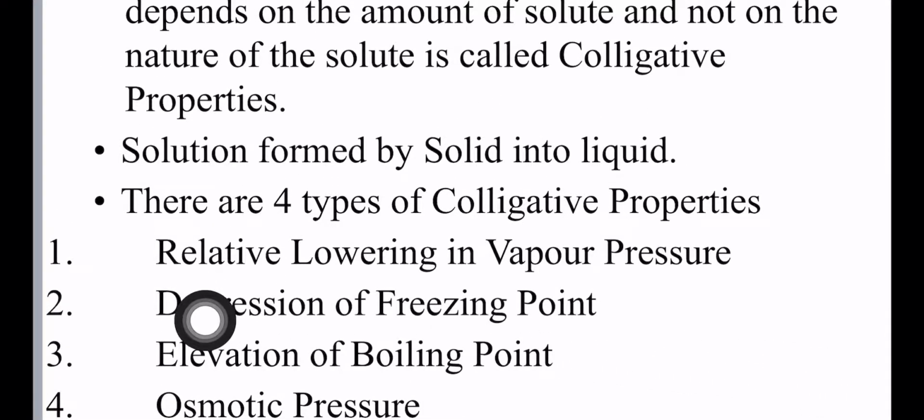The 4 colligative properties are: relative lowering in vapor pressure; next is depression of freezing point; third is elevation of boiling point; and number 4 is osmotic pressure. Okay, so all these 4 properties we are going to study in detail. Today in this lecture we are only going to study about relative lowering in vapor